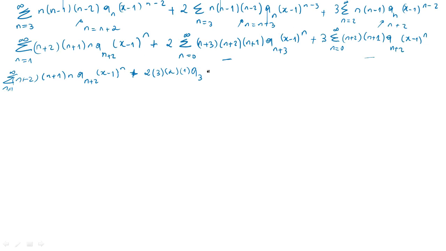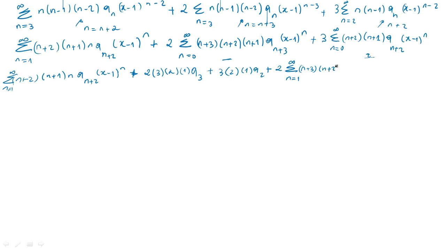Then I'll do the same for this: 3 into 2 into 1, a_2, (x minus 1) to the power 0 is just 1. So plus the 2. Now starting from 1 to infinity of n plus 3,